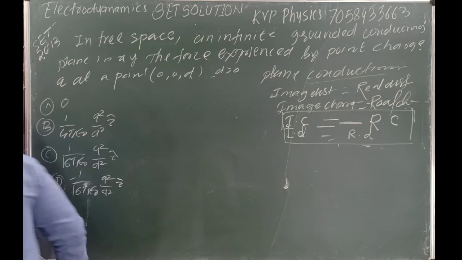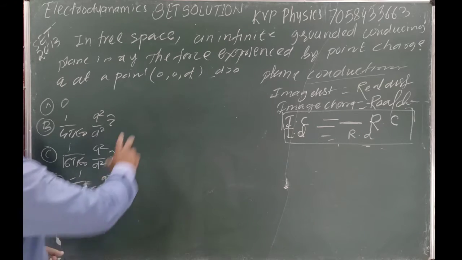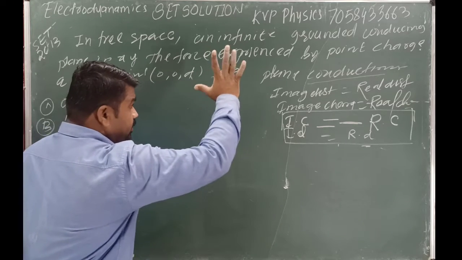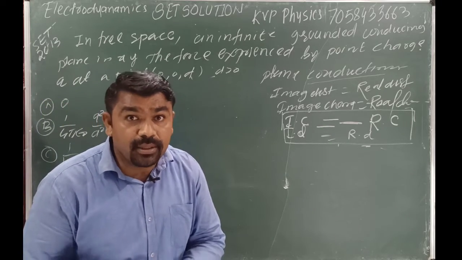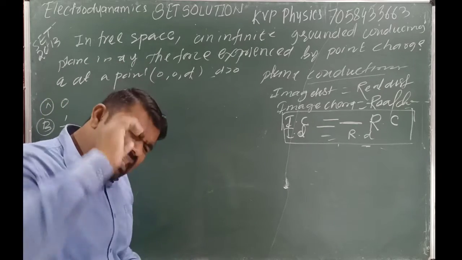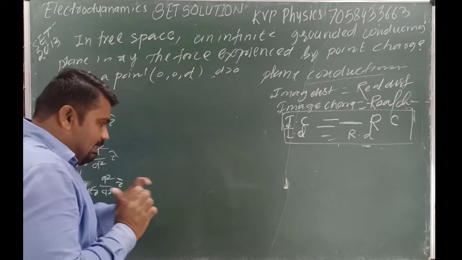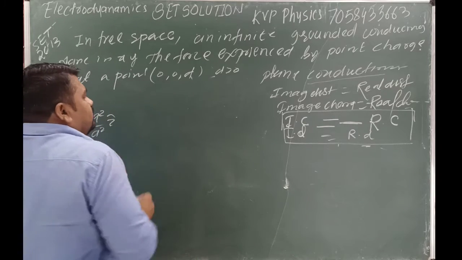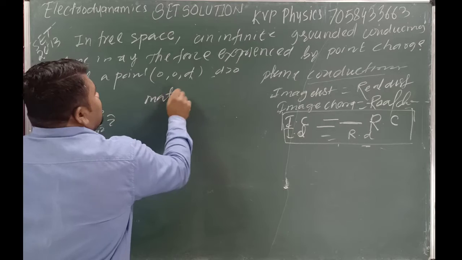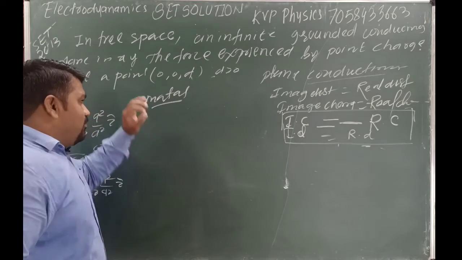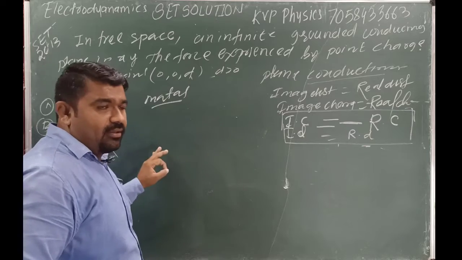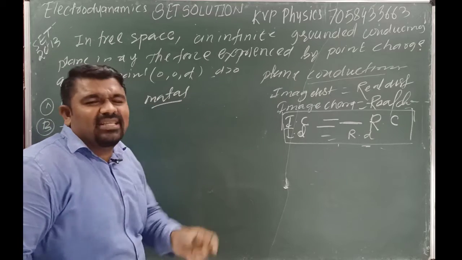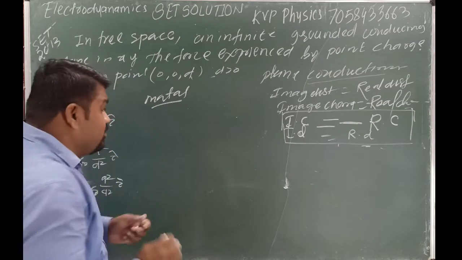What is the point here? They are given conducting. Always memorize. Sometimes they are given grounded, but sometimes they are given conducting. What is conducting or metal? Metals are good conductors, yes or no? Metals, conductor, grounding. Okay, in all cases, this must be grounded. Always memorize.